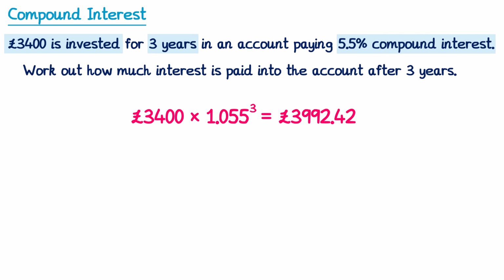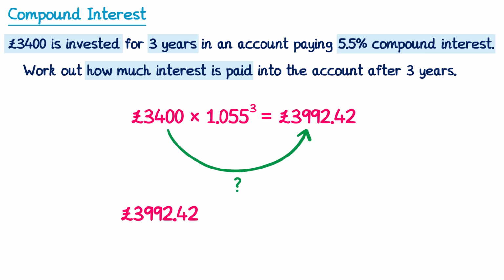But the question doesn't ask for that. It says how much interest is paid into the account. So since we started with £3,400 and we've ended with £3,992.42, the interest is the difference between these two values. So to answer this question, we would do £3,992.42 subtract £3,400, and that will give you